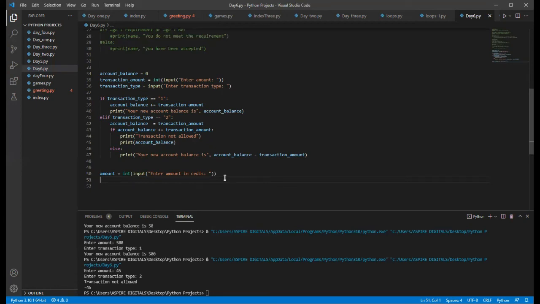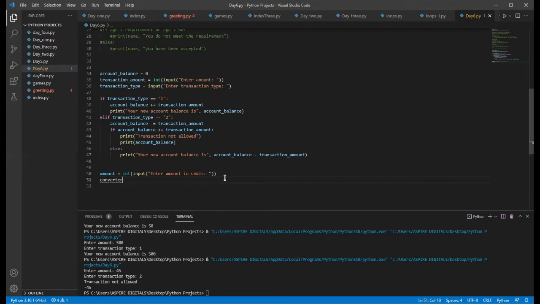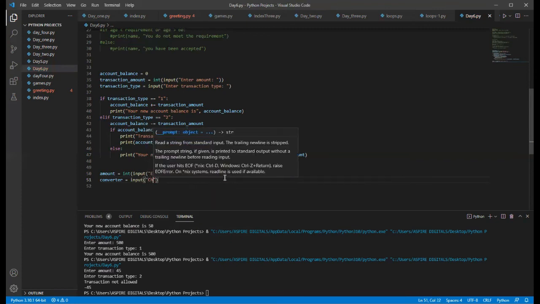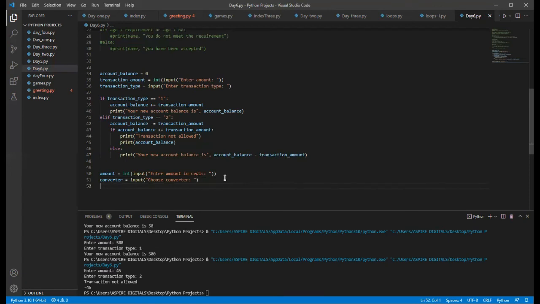Then how do we call this one, the one we want to convert into? Okay, let's call it converter. Let's say converter equals input, choose converter. So it's a string. So we just say if converter equals